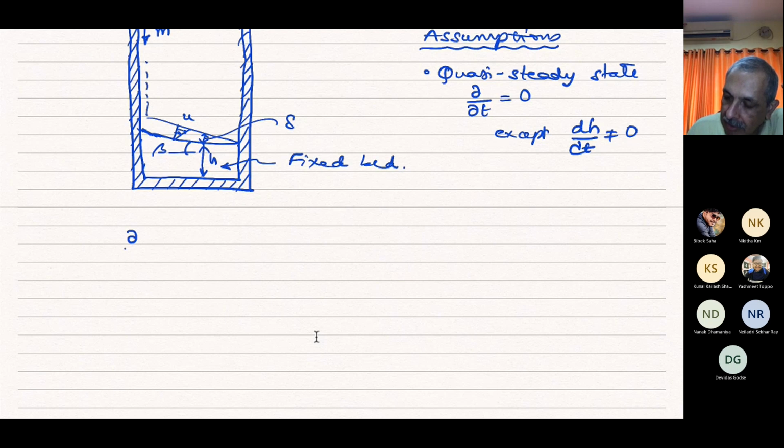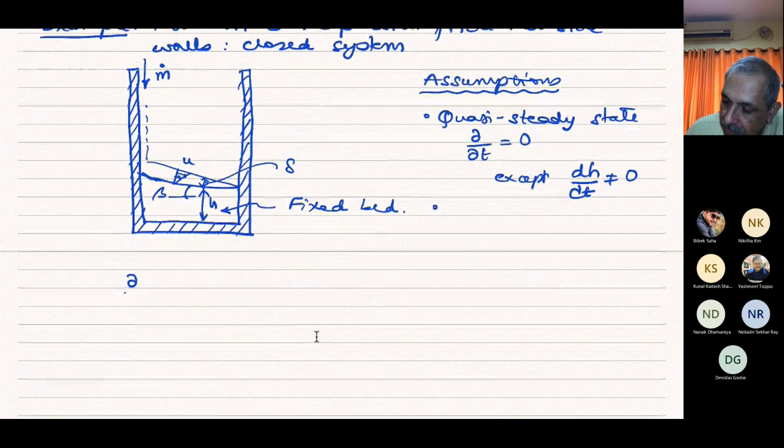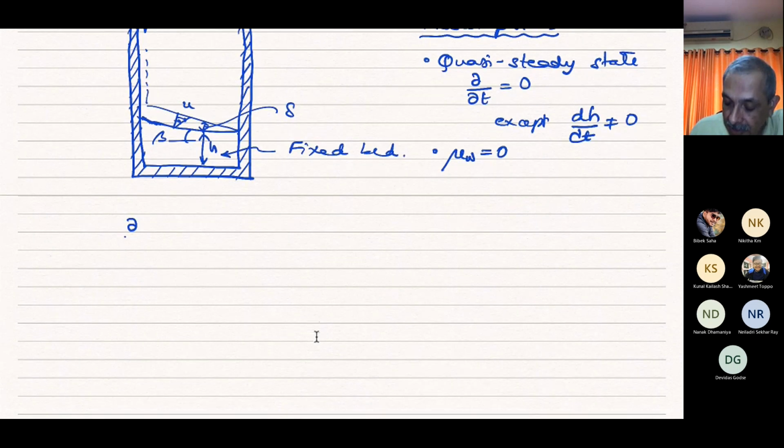Another assumption that we'll also make is that mu w is equal to 0. This is just to make things a little simpler and we can integrate everything easily. If mu w is there, then things become a little bit more complicated. So we can do it, but let's look at the simplest problem first. So if we put in the continuity equation,